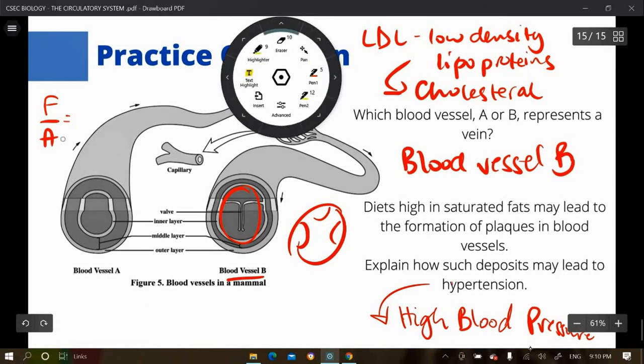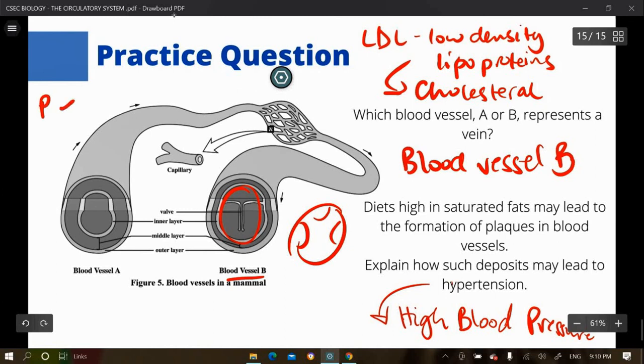Let me show you a bit of math to prove this. Pressure is directly proportional to the force and inversely proportional to the area at which the force is applied. So if you increase the force, pressure will increase. And if you decrease the area,